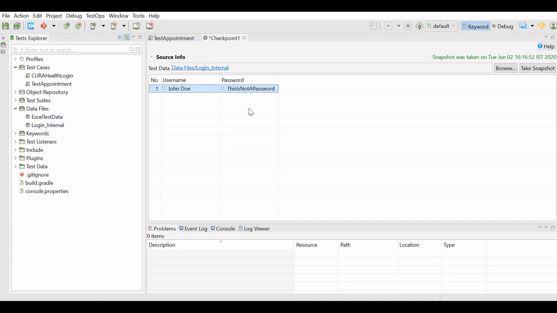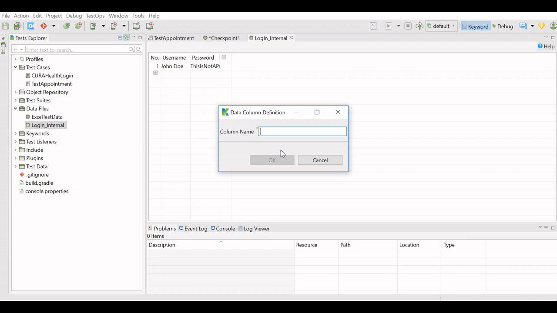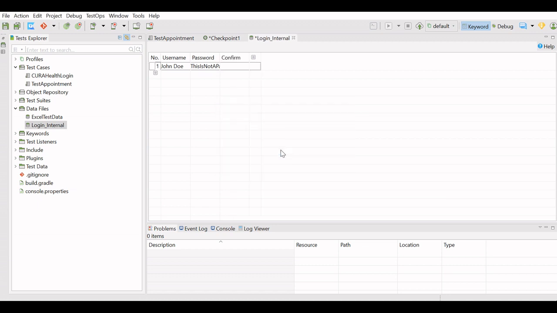But I want to verify the appointment confirmation text. So what I'll do, I will open the data file and add one more column as confirm, and in this column I will add the text of appointment confirmation.